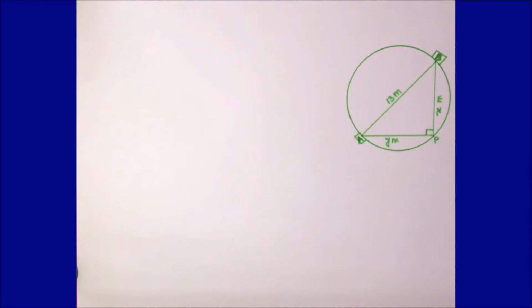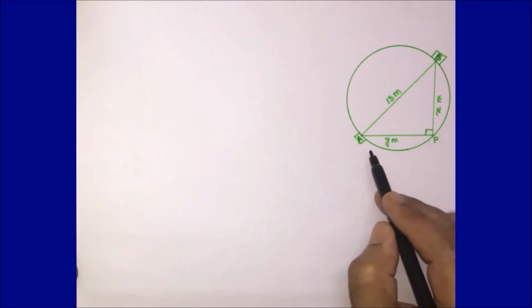Now guys, because they want to erect one pole here, let P be the point. Let P be the required location of the pole. So let P be the point where the pole needs to be erected or fixed. This is an imaginary point that we do not know, so we have just taken that let P be the point.